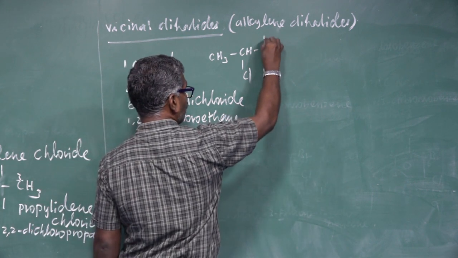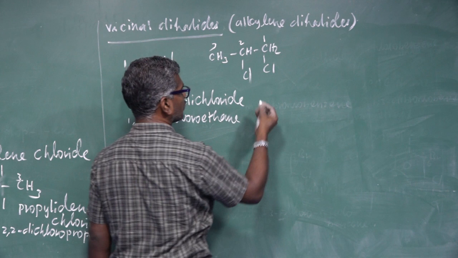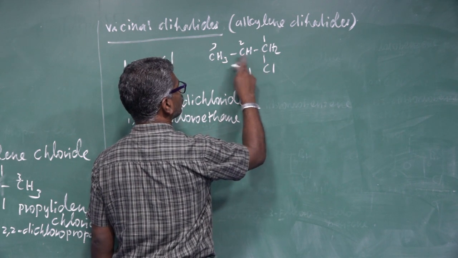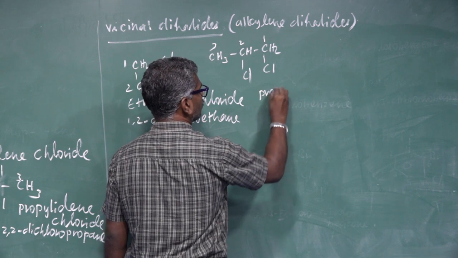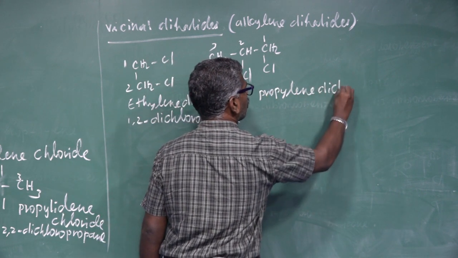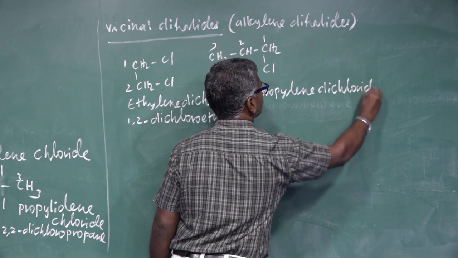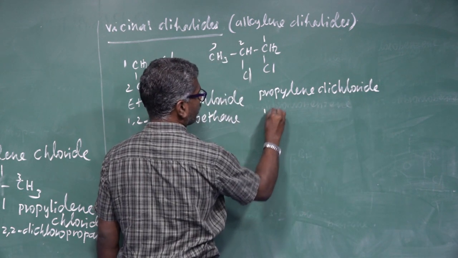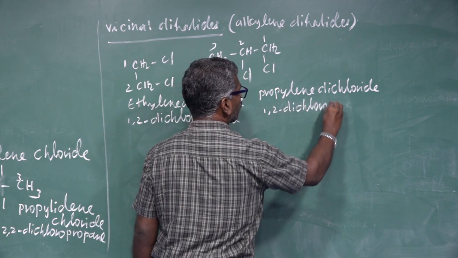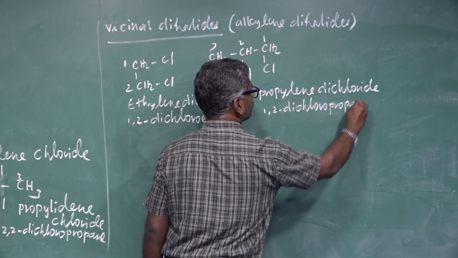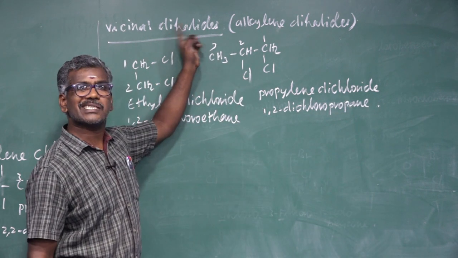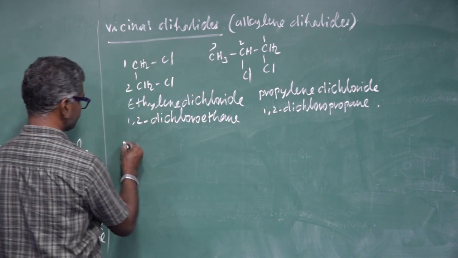Here 1, 2, 3. What's the name? Total how many carbon? 3 carbon. Propylene dichloride. IUPAC name: 1,2-dichloropropane. These two are examples for vicinal dihalide. Another one,